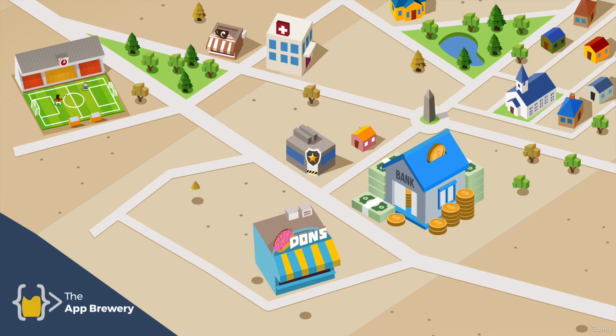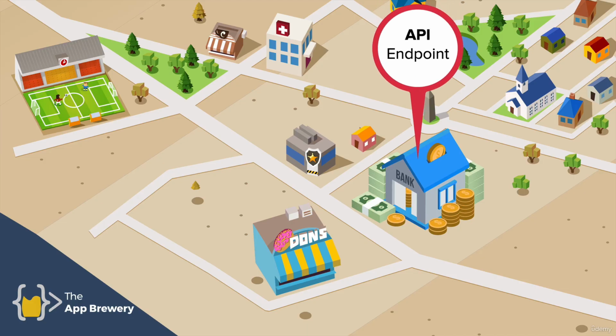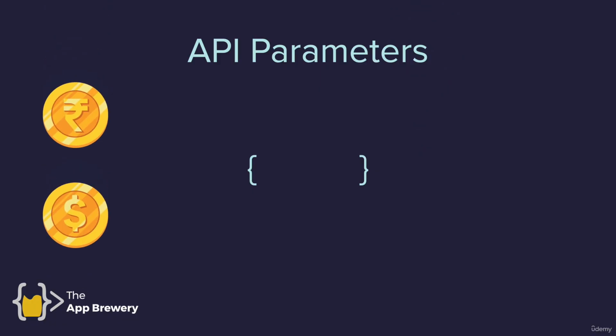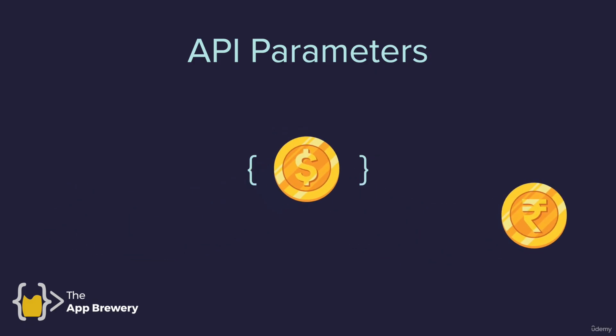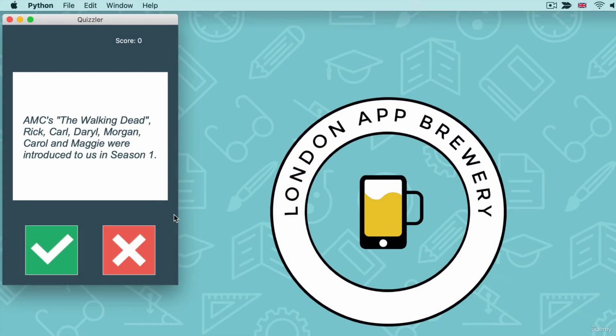Now, the purpose of building this app is to review what we learned about using API endpoints and sending requests to a particular endpoint to ask for some piece of data. And we're also going to be looking at what we learned about API parameters, switching in and switching out different inputs in order to get different pieces of data from the API. And with those things combined, we're going to be able to build our Quizlet app, which is going to be